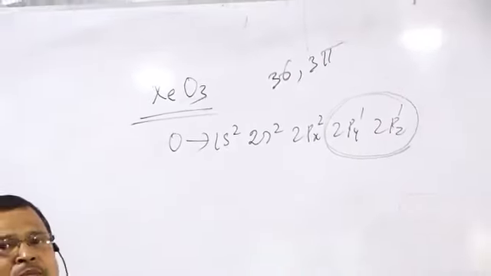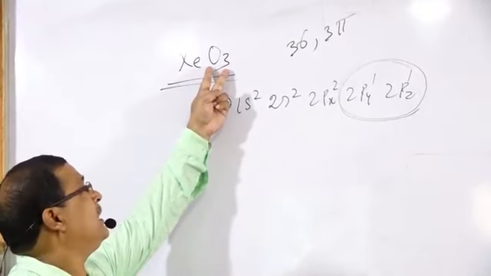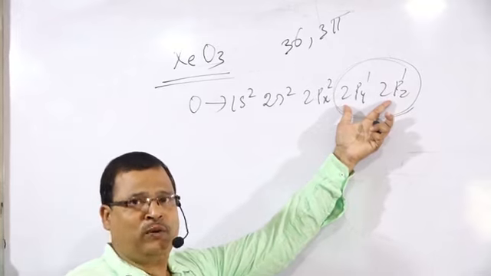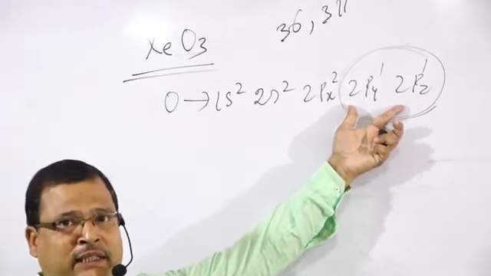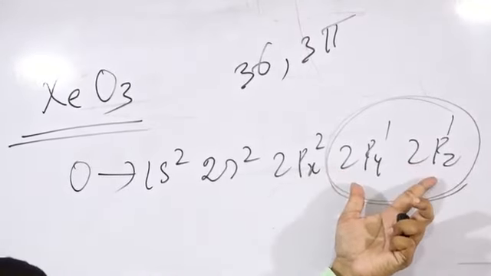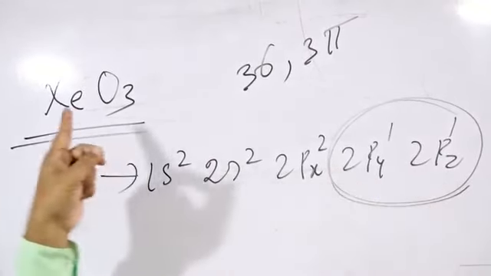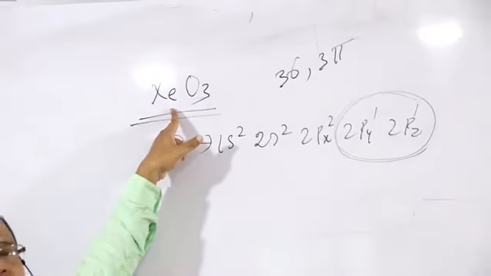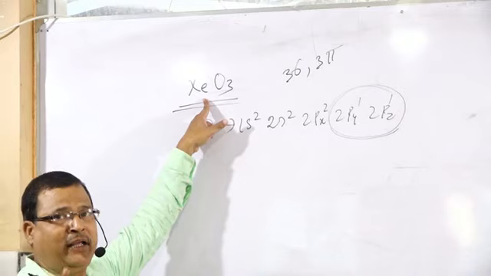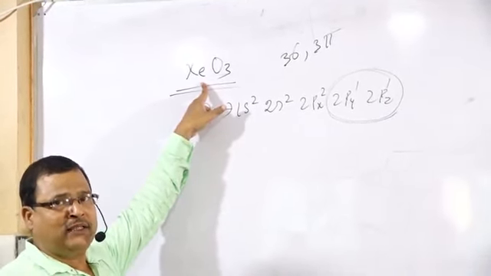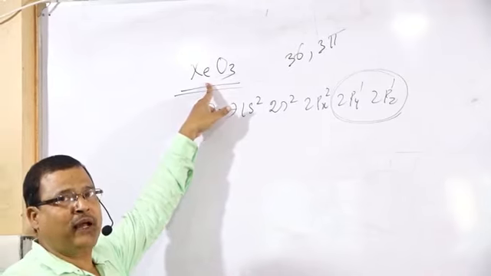Total number of bonds that will be produced by that oxygen will be 6, because 1 oxygen atom will form 2 bonds, so 3 oxygen atoms form 6 bonds. These 6 bonds produced by 3 oxygen atoms with the same central atom mean 3 will be sigma and 3 will be pi. The hybrid orbital containing an unpaired electron will form sigma, and the unhybridized orbital containing an unpaired electron will form pi.